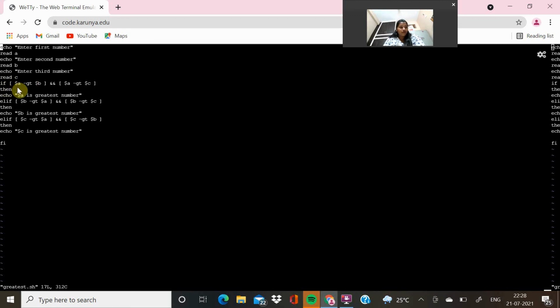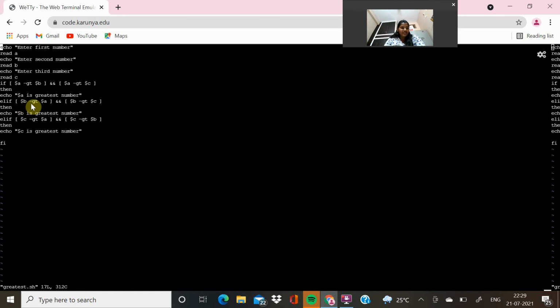If dollar a hyphen gt, gt means greater than, where a is greater than b and a is greater than c, then echo that a is greater than b and c.